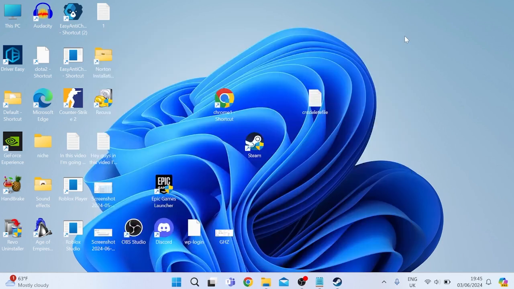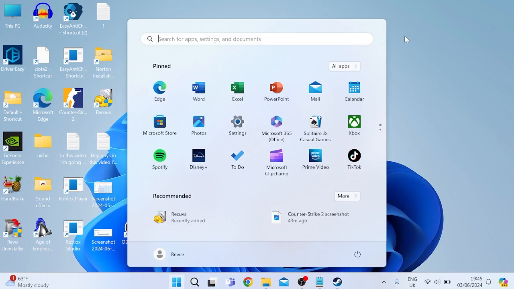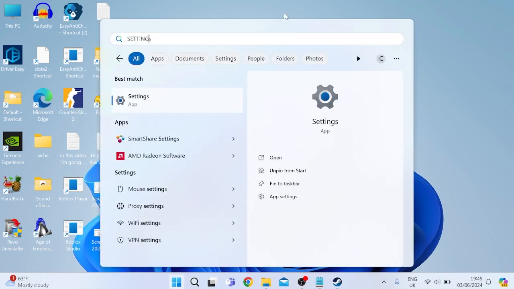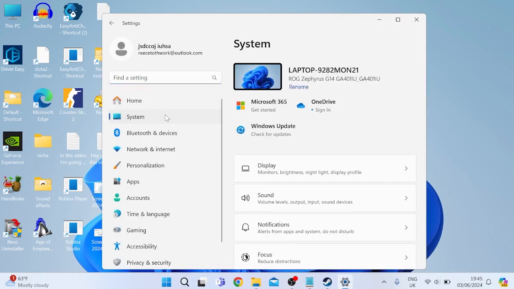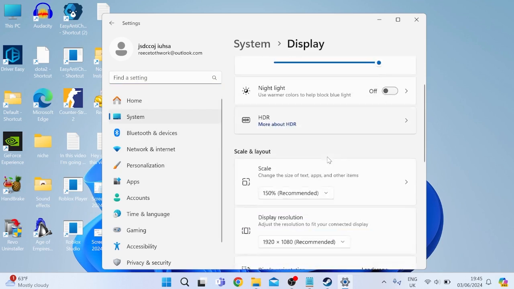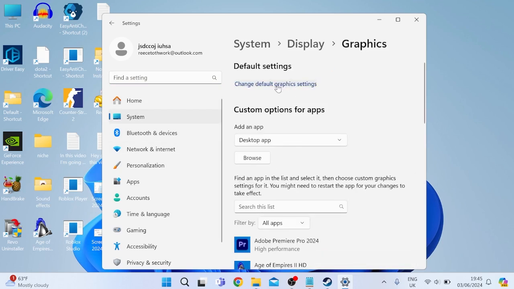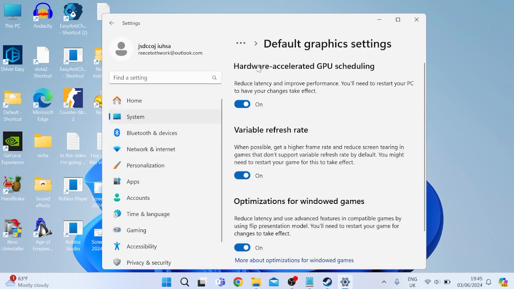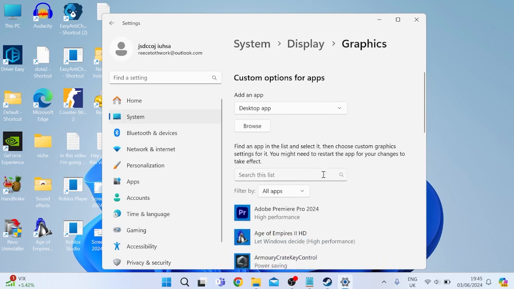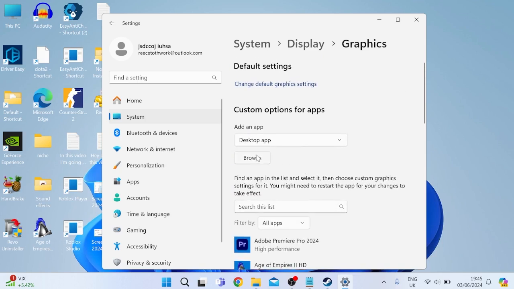We can then close out of this window, and next thing we're going to do is come to the start menu and search for settings. Click on the settings icon, then come over to the system tab inside of display, and then scroll all the way down to graphics. Click on change default graphics settings, and we need to ensure that hardware accelerated GPU scheduling is enabled. Then click back, and then we're going to add Counter-Strike to this list of applications here by selecting